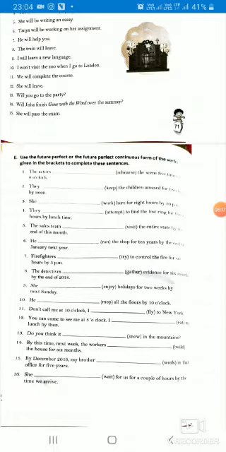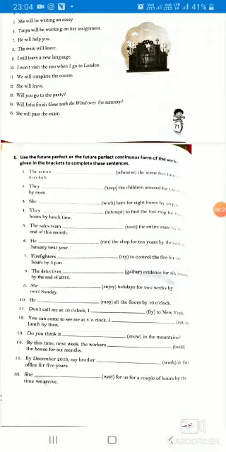Now the use of since and for. Yesterday I told you about the use of since and for with the past perfect continuous. If it is a particular moment of time, a particular day, a particular month, then we use since. But if it is a lump sum of time, then we use for.